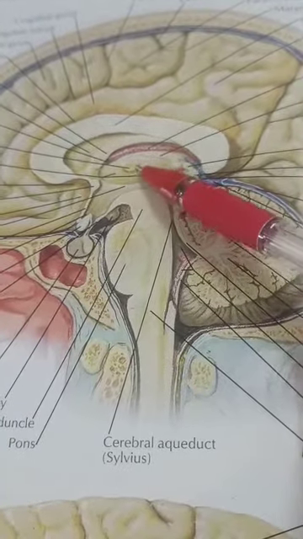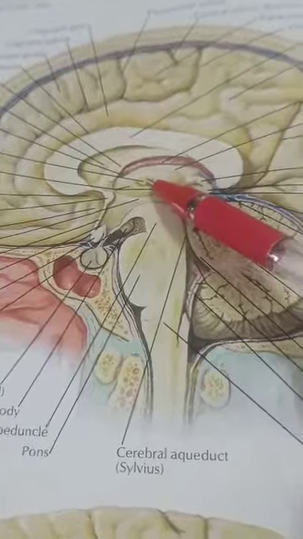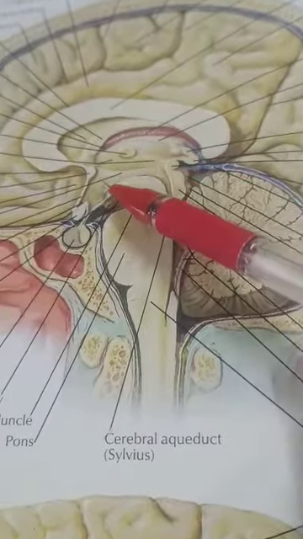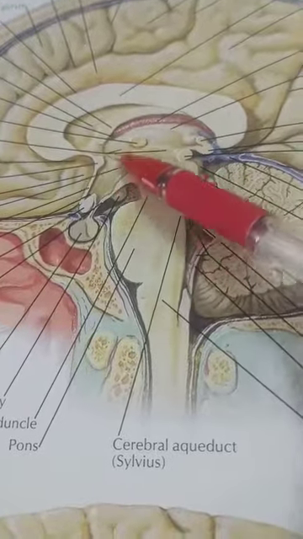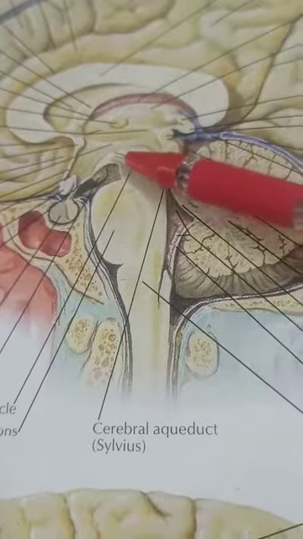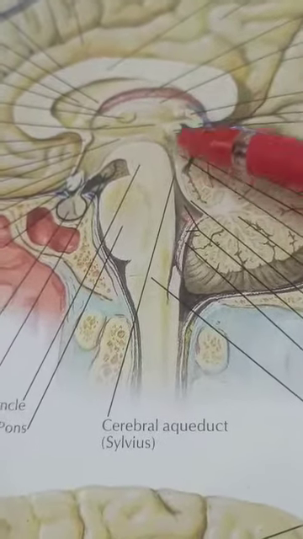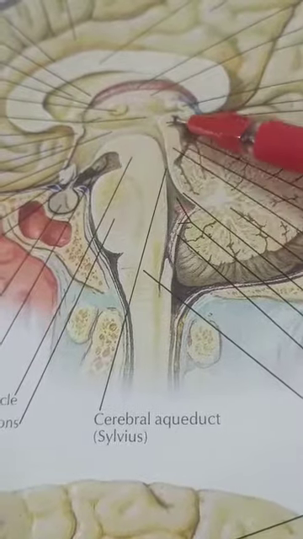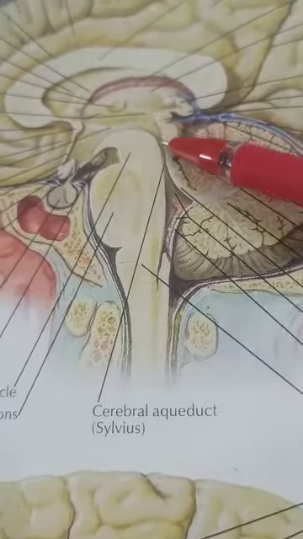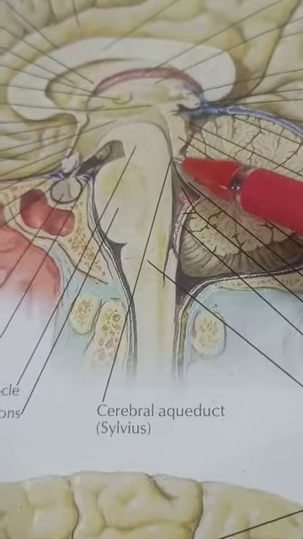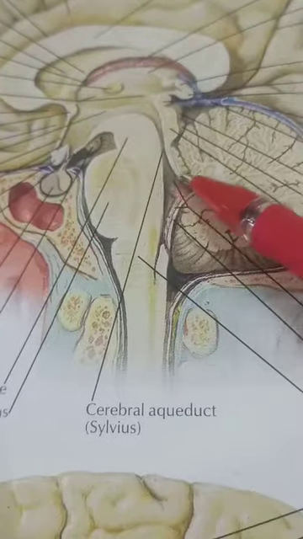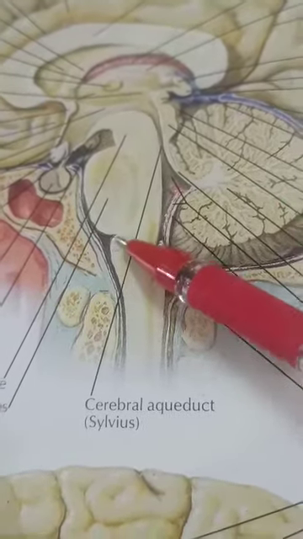So this is the interthalamic adhesion or thalamic commissure that can be seen. Then this part is known as the thalamus, and below that this part is the hypothalamus, and this is our brain stem. So the upper part is known as the midbrain. This is the midbrain. So the cavity inside the midbrain is known as the aqueduct of Sylvius. Okay. And here this is our pons. So the posterior aspect of the pons and the upper part of the medulla, this is the medulla.